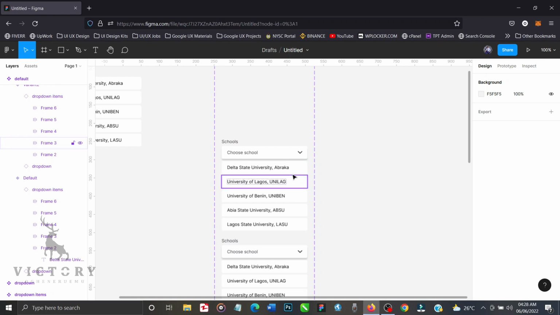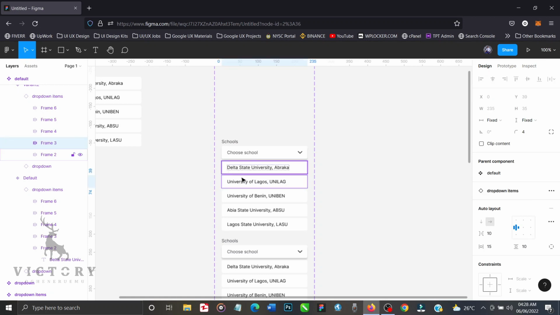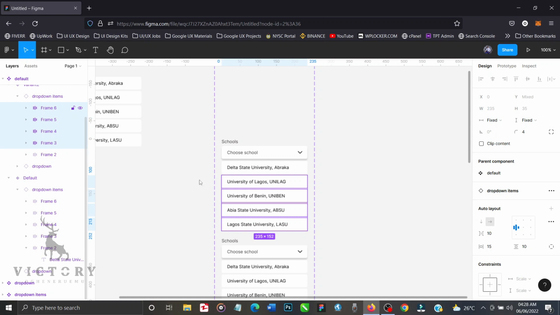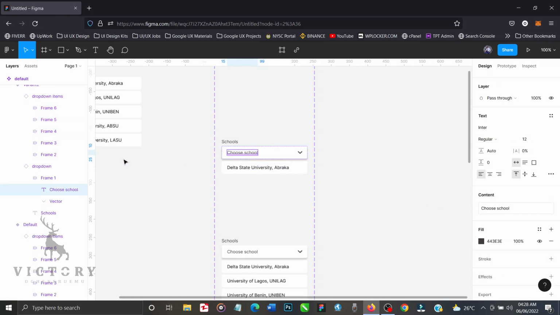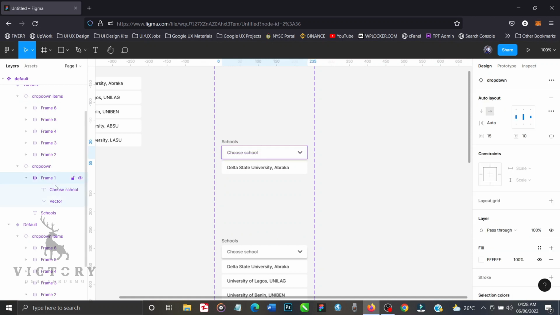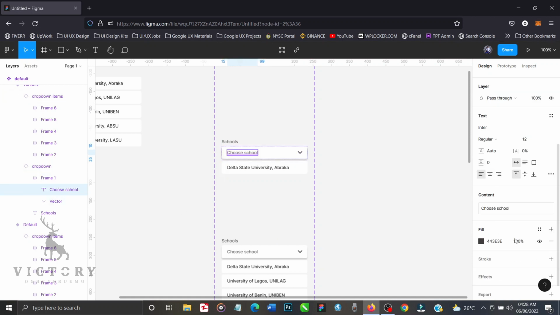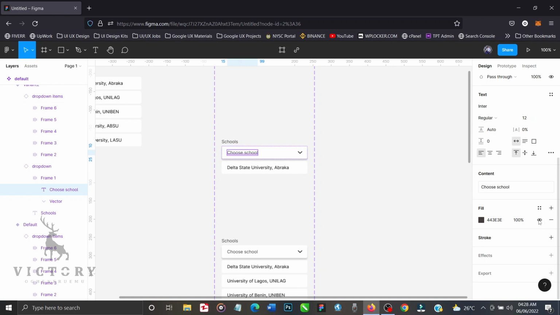And then I'll come here, and then I'll hide everything apart from Delta State University. So frame 2 to 6, I'll hide the layers by changing the opacity to 0, and then this choose school as well. Choose school, I'll likewise change the opacity on the fill to 0, make it invisible,